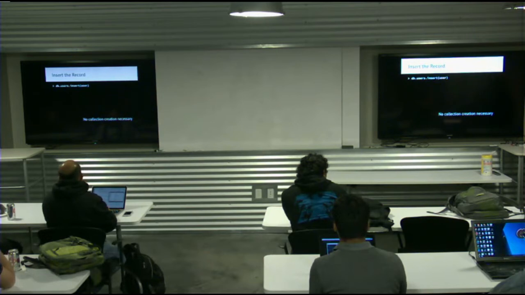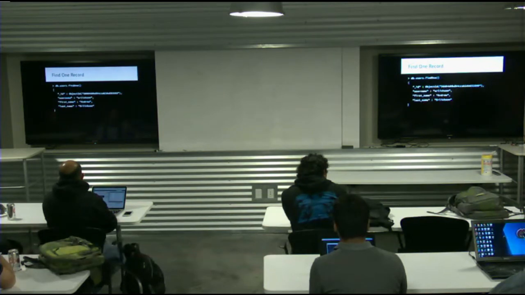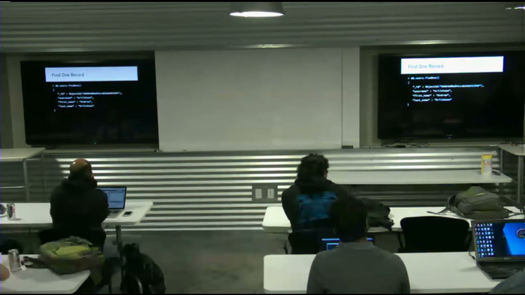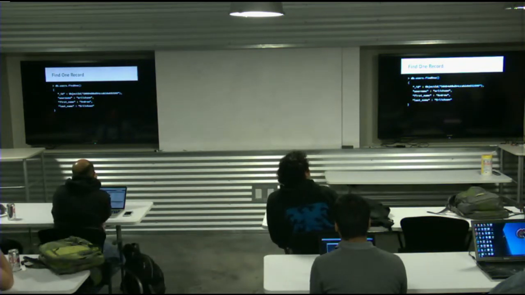So effectively that's it. We inserted that first user, and there was an object ID associated with that user we inserted. Now if we go back and do a find, there's a convenience method in the shell that does a findOne. It actually just finds the first record in that collection by default and does a pretty print on it. If we had just done a basic find with no arguments, it would have brought back that same record, since there's only one right now.